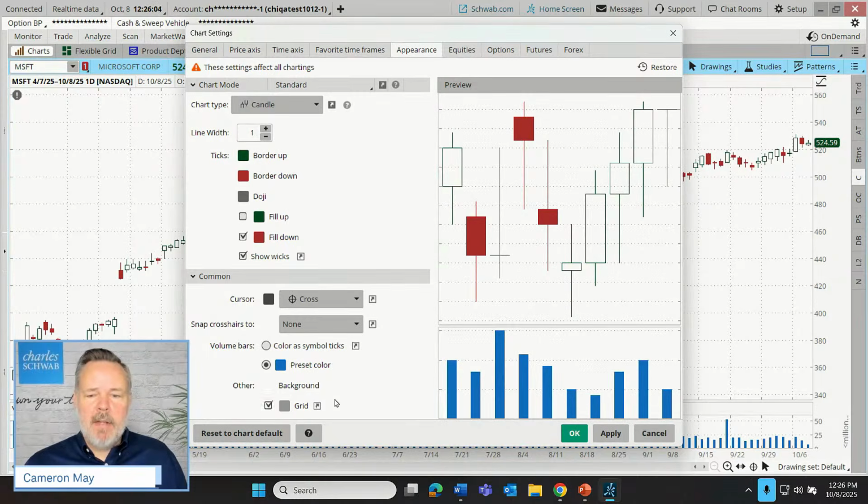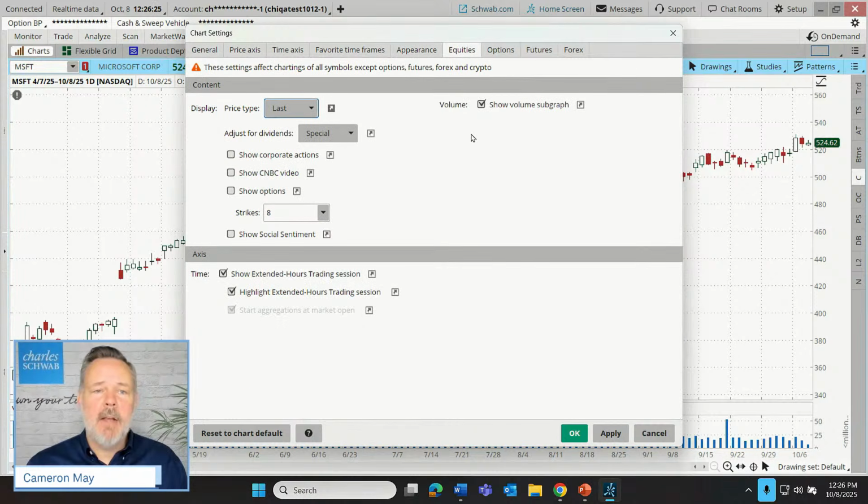So let's just switch that back to white. In any case, we just learned all about the sorts of different appearance changes that can be made on the settings, very customizable, just at someone's personal preferences. But we certainly have time. Let's make sure that we acquaint ourselves with the tools on the equities and the options tab.